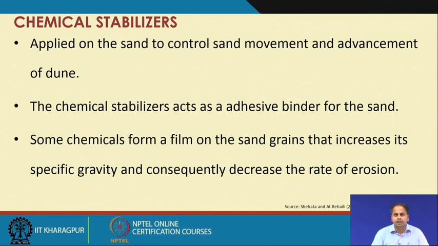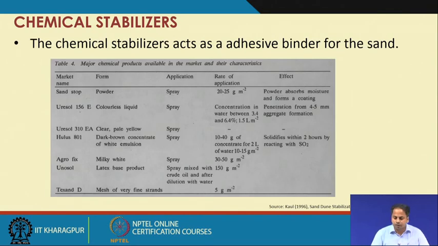film on the sand grains that increases the specific gravity, and consequently decreases the rate of erosion. So, they form a thin film over the surface, which can prevent soil erosion. This is according to Kaul 1996. In the context of the Thar desert in India, they have mentioned different major chemical products that are available in the market, which can be used as a chemical stabilizer to prevent the